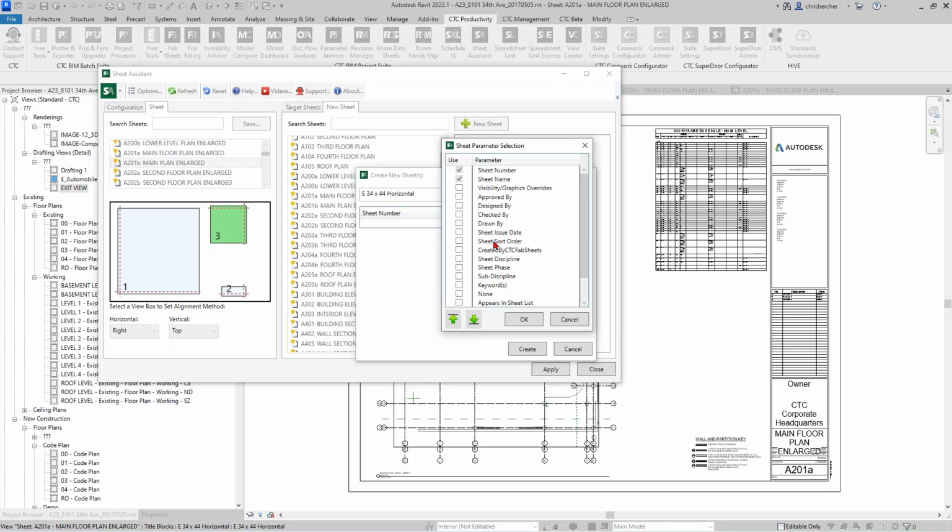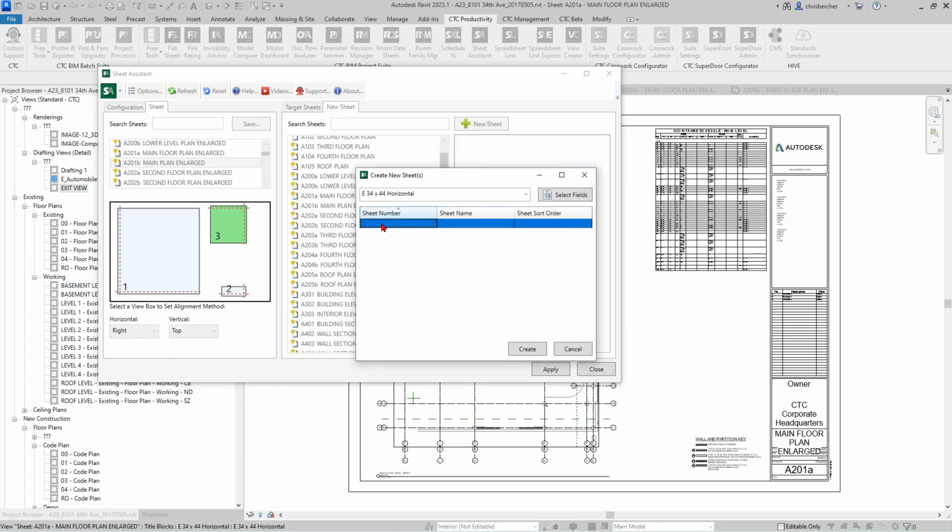So if I were to be sorting this in a certain fashion, I'd want to use my sheet sort order parameter, add it to the list, and populate this how I need it populated. This doesn't really jive very well with the flow of my views, but it's the only ones that are open. So I'm going to do sheet A800, 801, 802, and lastly, I'm just going to do the 4 ceiling plans, 803. And then you name it, RCP level 1,